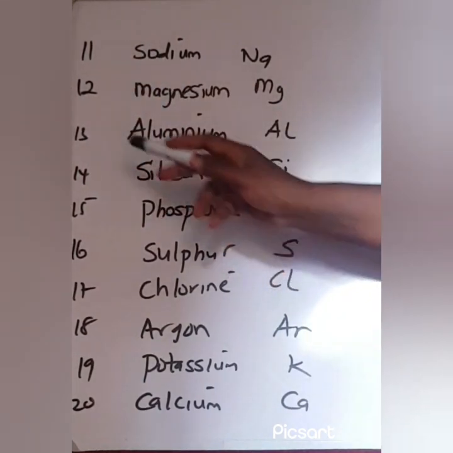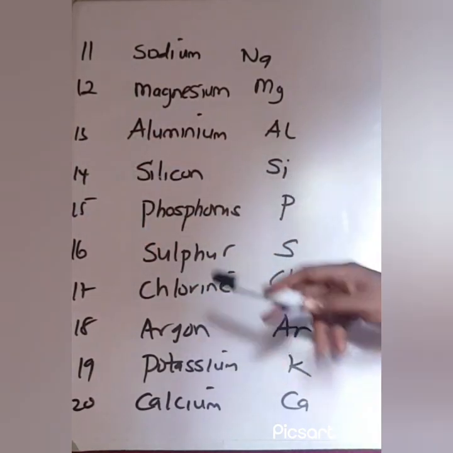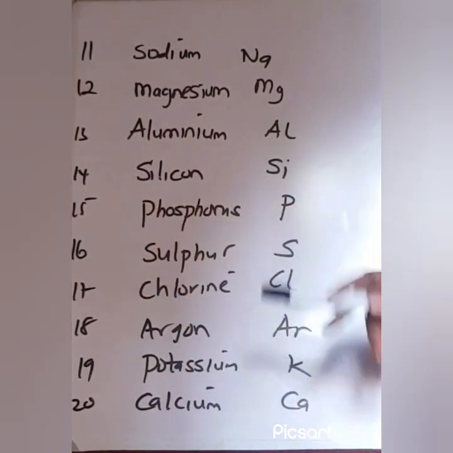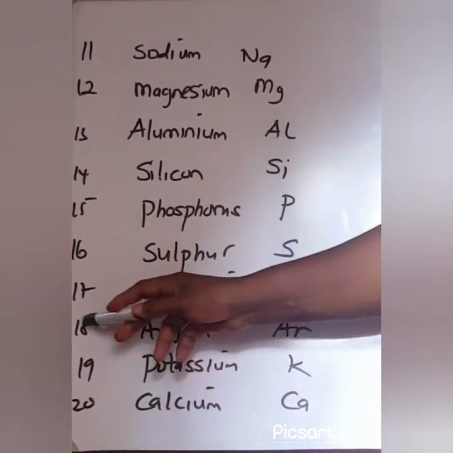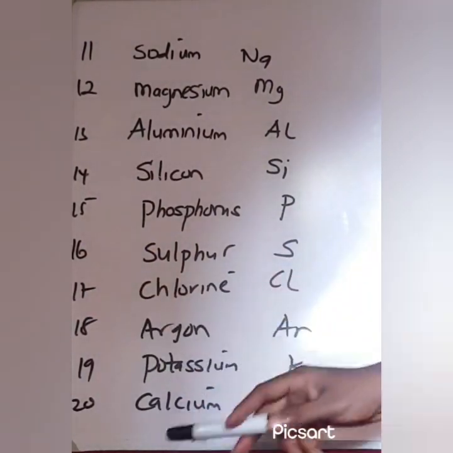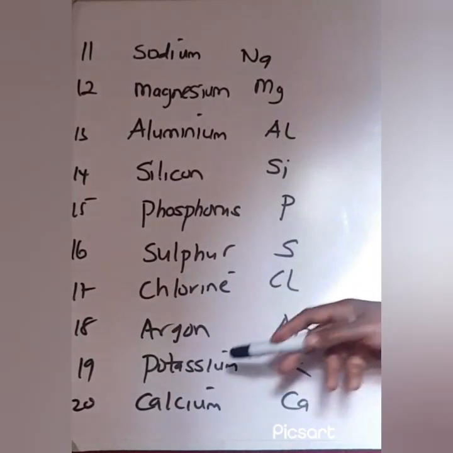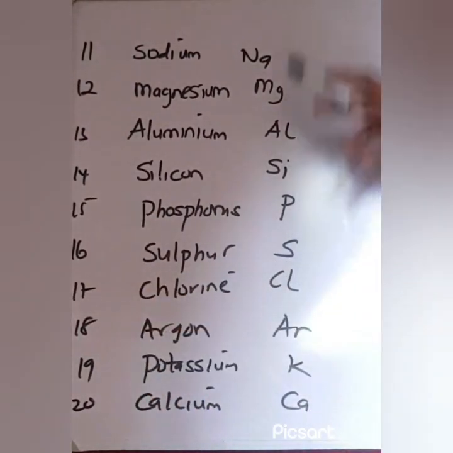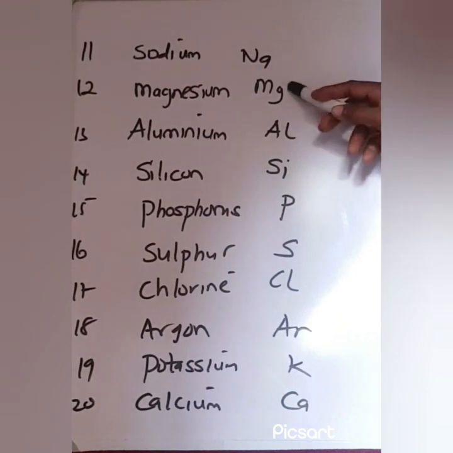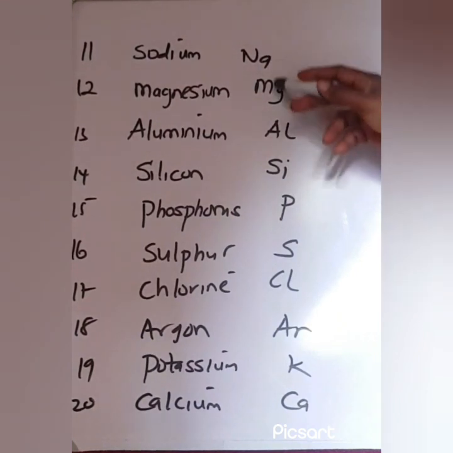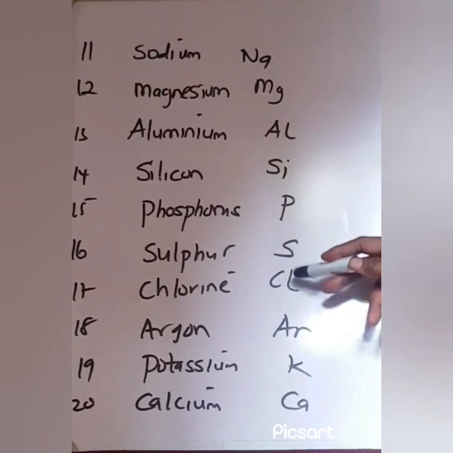Phosphorus, 15, P. Sulfur, 16, S. Chlorine, 17, Cl. Argon, 18, Ar. Potassium, 19, K. And calcium, 20, Ca. So the acronym: Na Maggie allows Silas pass so close after